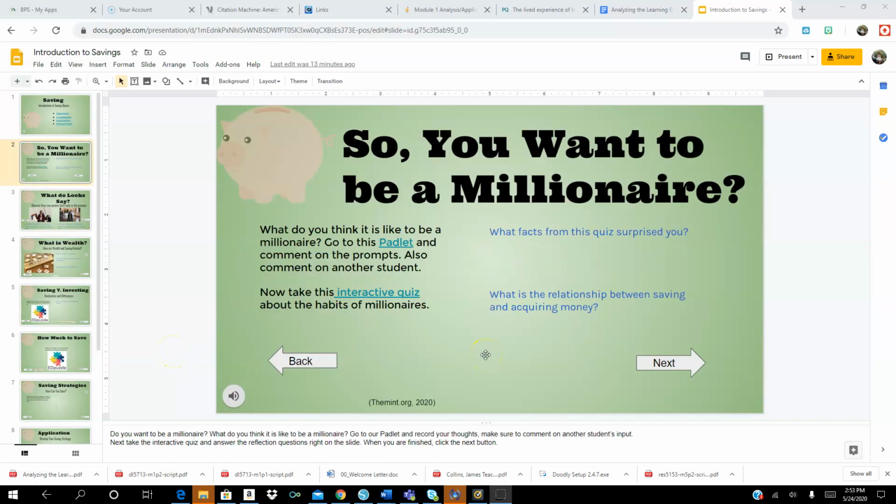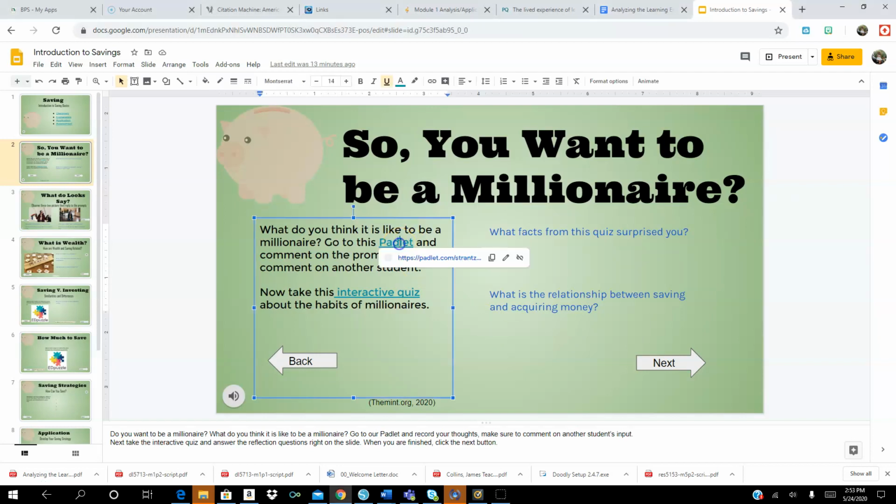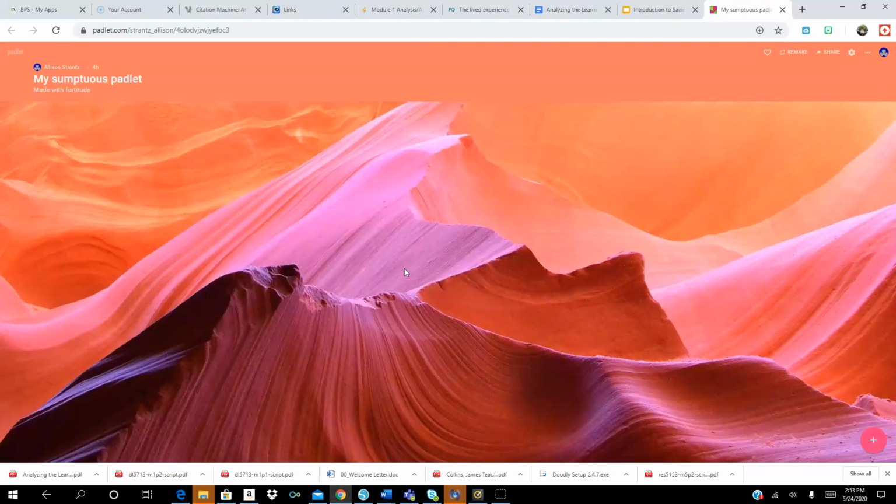So on this slide, one of the things I created was a Padlet, and I love Padlet. Let me show you how this works. This is my interactive, students get to have a discussion. I can't show you my actual students' work because of privacy issues, but how it works is they would click on the plus sign, and then they would write whatever information